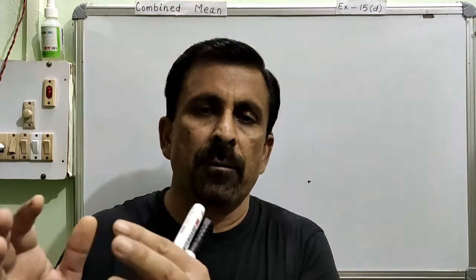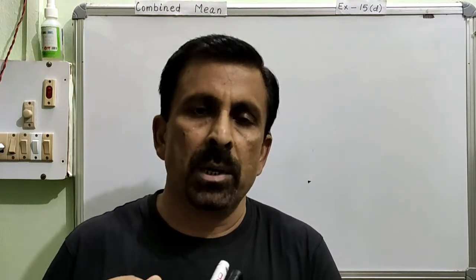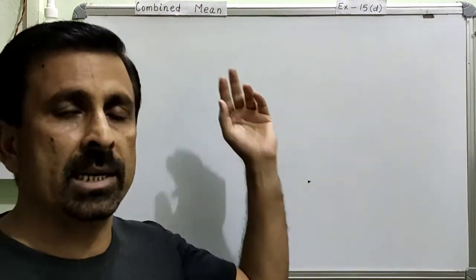How do we calculate the average performance of the boys? It means the sum total of marks obtained by the boys divided by the number of boys. This will give you the average performance of the boys. Likewise, we can also calculate for the girls. Clear? And then lastly, we also calculate it for the class. Overall, what is the result of the class? Overall, what is the mean marks of the class, right? That overall performance of the class, overall average of the class, is what is called the combined mean.